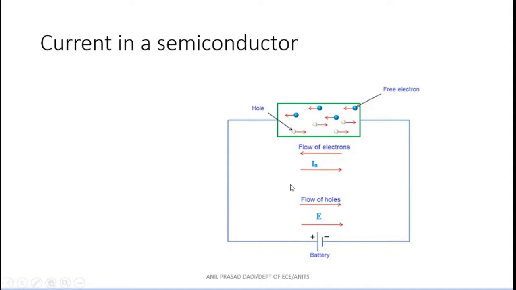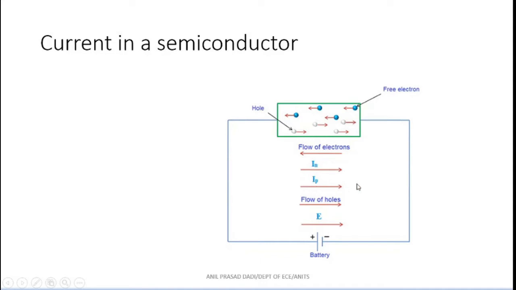When electrons are moving from right to left, current due to those electrons will be from left to right. So that is why current due to the holes will be the same as the flow of holes. If I say the flow of holes, current due to the holes will be in the same direction. Because you know very well that hole means movement opposite to the movement of the valence electrons. So my valence electrons are moving from right to left, and my current due to those valence electrons is always opposite to the motion of electrons. So that is why it is from left to right.